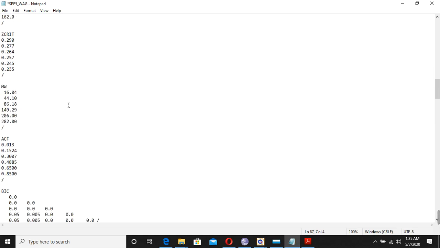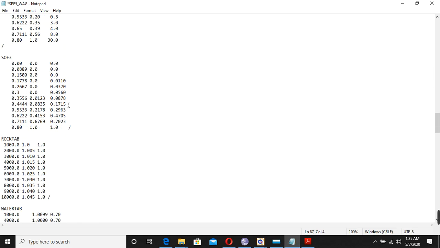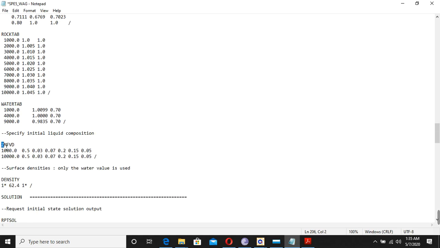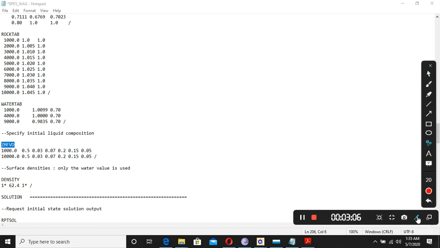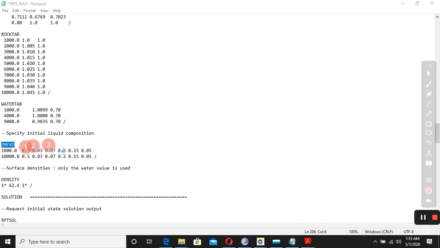For that we have to go down, and we have a keyword called ZMFPT. Here we have 6 components, so let's count them: first, 2, 3, 4, 5, 6.